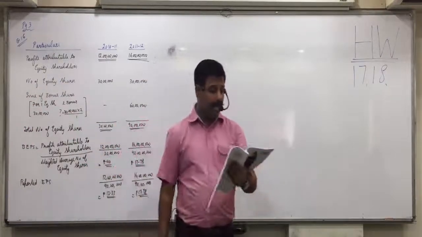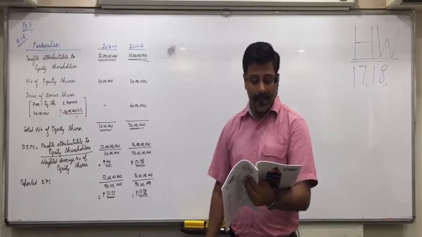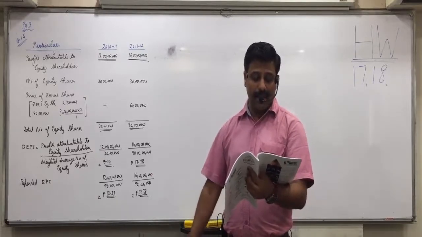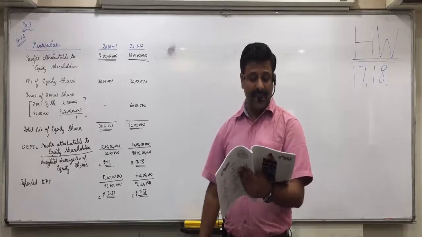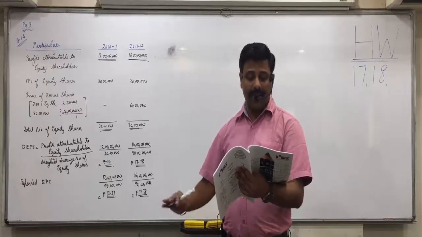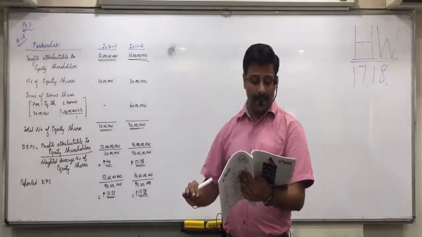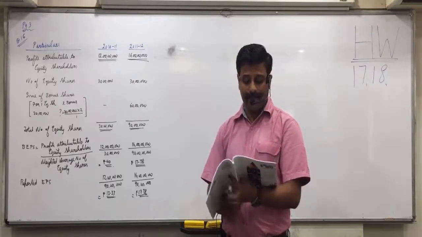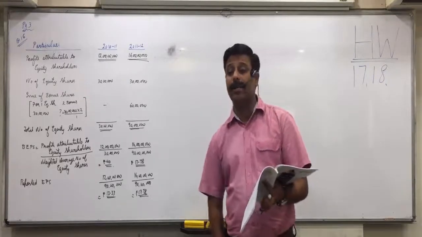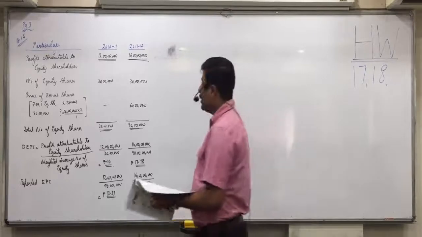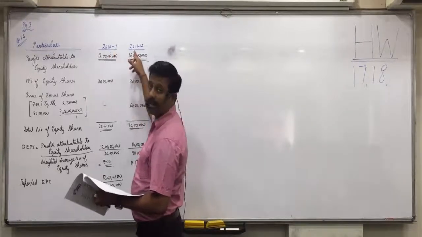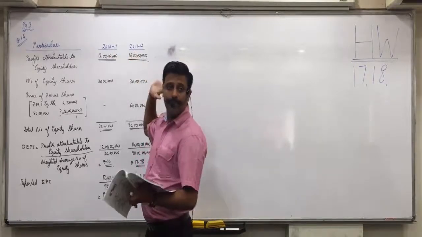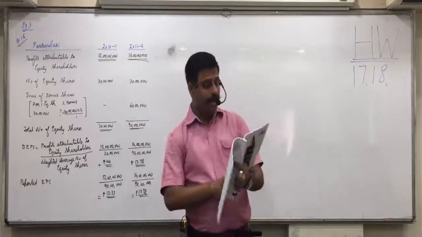See that? From the following details of XYZ Limited for 13 and 14 calculate basic EPS. Equity shares of 10 each fully paid up on 1/1 make it 2014. Now this is calendar year or financial year? Calendar year. So don't write 13, 14, 14, 15. You'll simply write 2013, 2014. Is everyone clear with this?